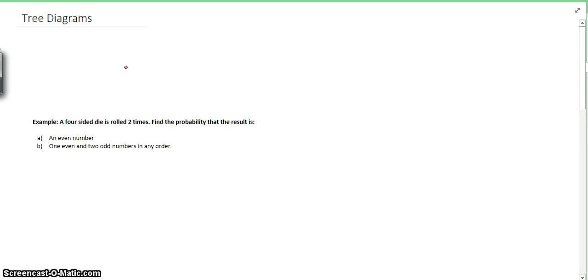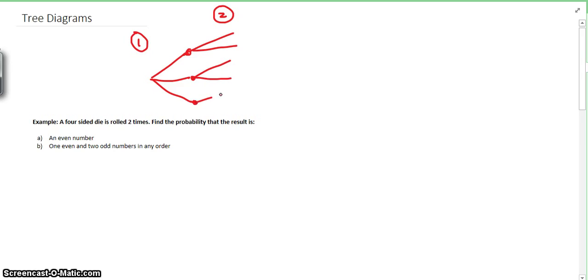A tree diagram usually stems from the first event. So if we look at the first event here, let's just say we have three possible outcomes: 1, 2, 3. I could go this way, this way, or this way. And let's just say from event 2, I have two possible ways that I can go. If I took this pathway, I could go here or here, or if I took the middle one, I could go here or here, or if I took the third one, I could go here or here. So when we look at multiple events, you can see that this eventually turns into something that looks like a tree, because these are what we call branches, and those little nodes are the particular events